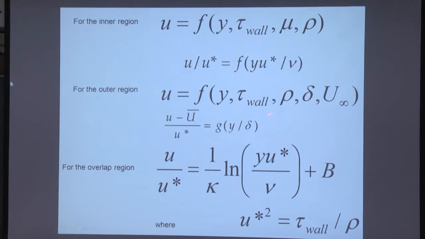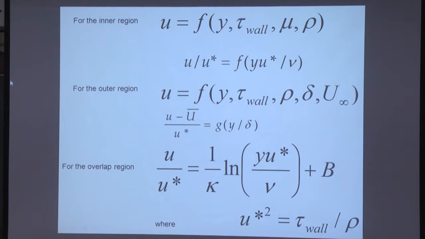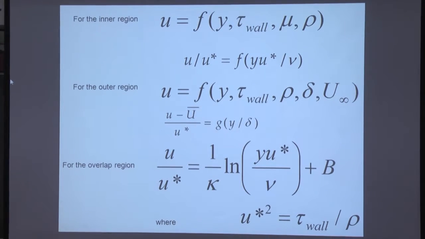You find that what is conspicuous by its absence is viscosity. So the idea is that the outer region is relatively free of viscous effects. That's the expectation. That's of course consistent with what we saw. We saw that the gradients in the outer region were a lot weaker than what you have in the inner